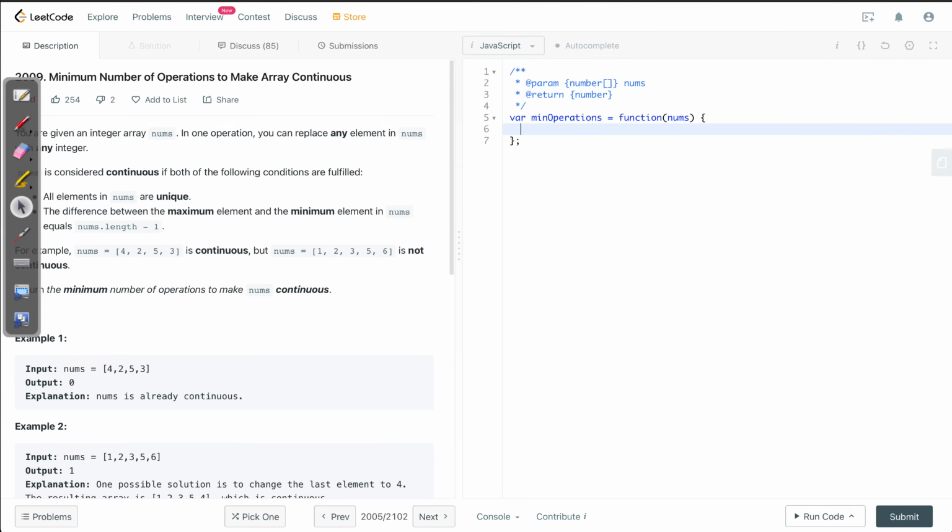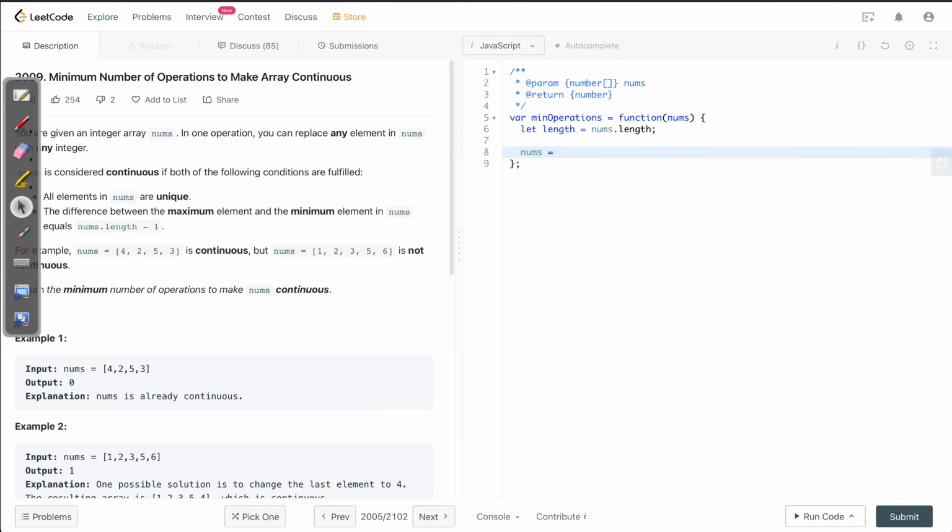So first of all, we make a note of the length of the original array. So that is nums.length. Now we sort the array, and before sorting, we take out all the duplicates. So nums will be, I'll create a set out of this array, and then I'll convert that set back into an array. So all the duplicate elements will be gone, and all the unique elements will be left there.